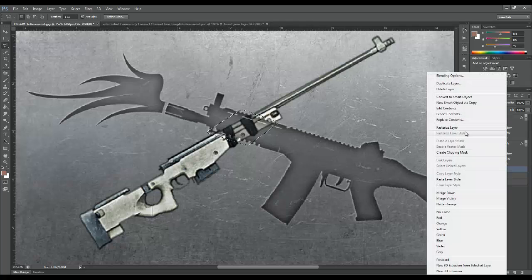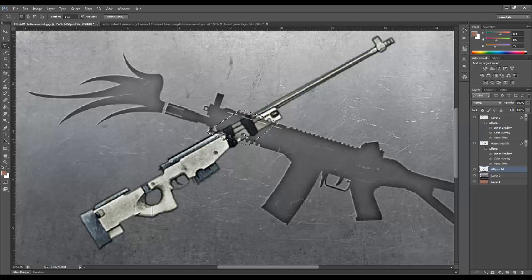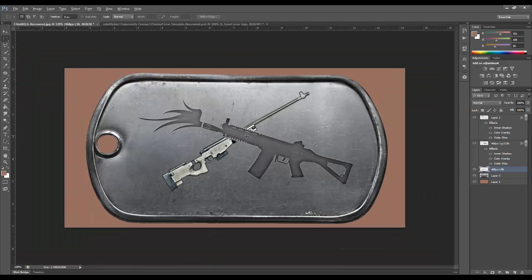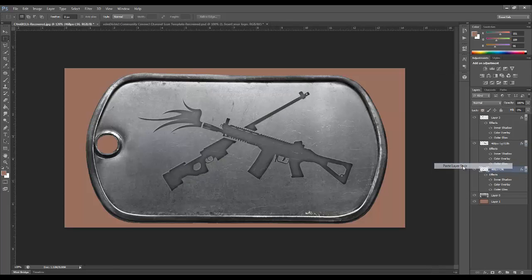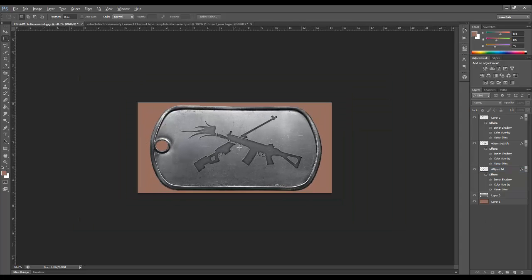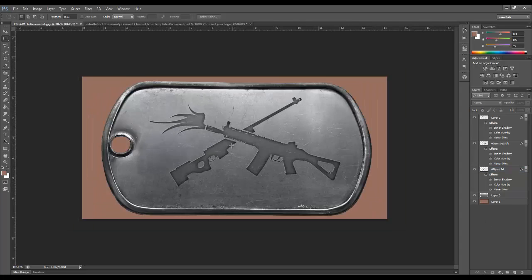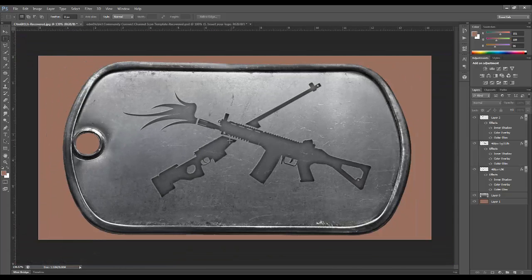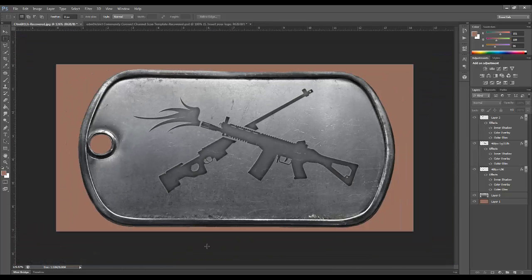Then from there, if you didn't rasterize it already, you want to do that, and just hit delete on your keyboard, so you'll get that. And if you take away the SG, it just deleted that part of the L96. Then what you want to do is copy the layer style again, like you did before, and paste it to the L96. And boom, you have this effect of sniper and SG. You might see it's a little blurry, and